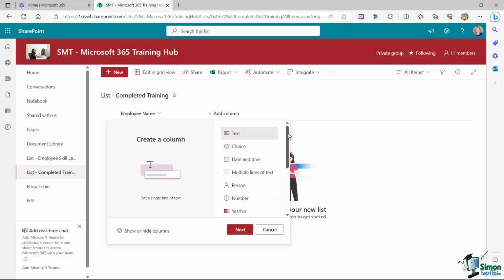But we do have some other really interesting things in here, such as choice. And that's what we're going to use for this column. Because basically what I want to happen here is I want to be able to select a Microsoft application from a list as opposed to typing it in. Because when you're making selections from a list, it means that you're going to enter it correctly each and every